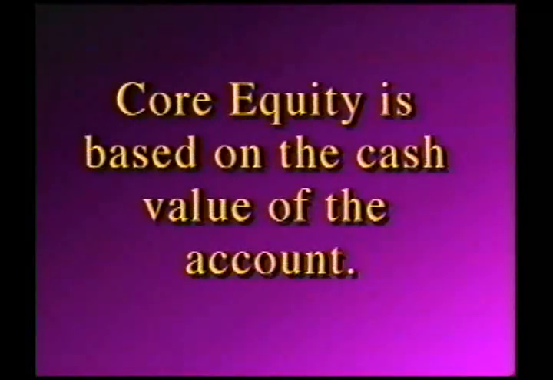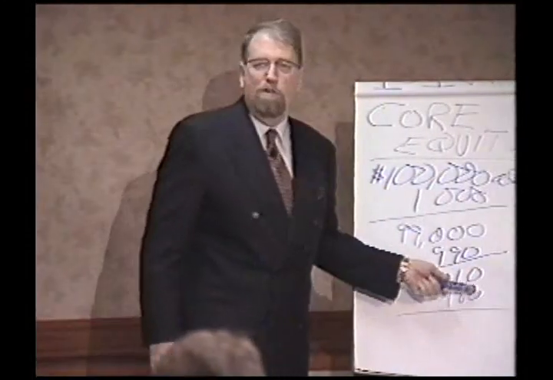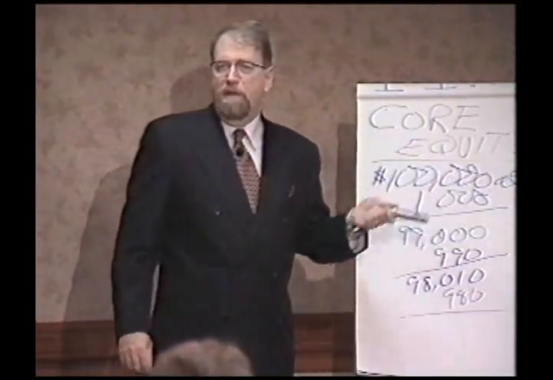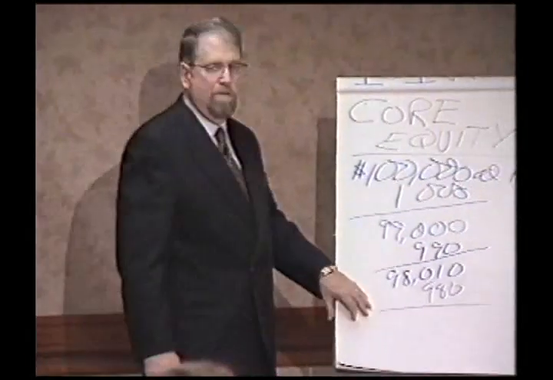As Dr. Tharp has clearly illustrated, core equity is based upon your cash and has nothing to do with open positions. So you keep subtracting from the core equity until these positions are closed out, and then they can be added back in. This has some psychological advantages because you basically just assume that position is gone until it's back in there again. And you know what the allocation is. If it's just 1%, no big deal.